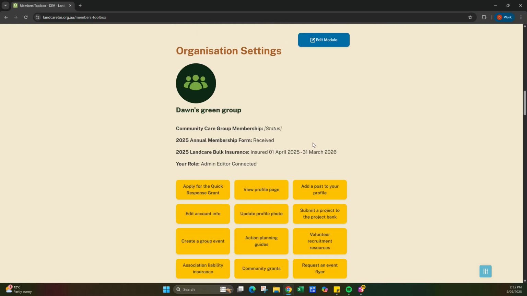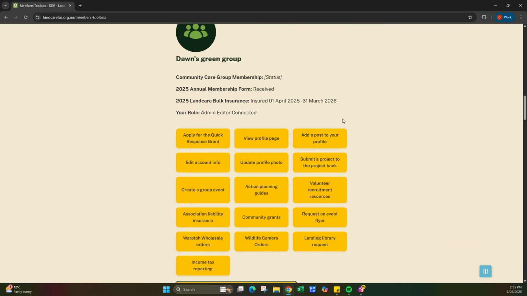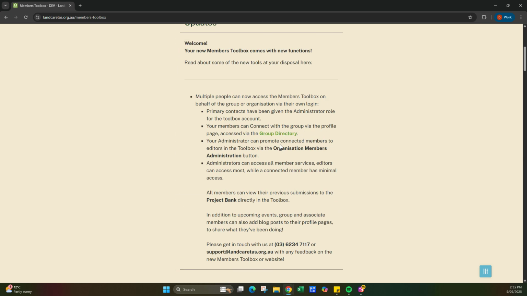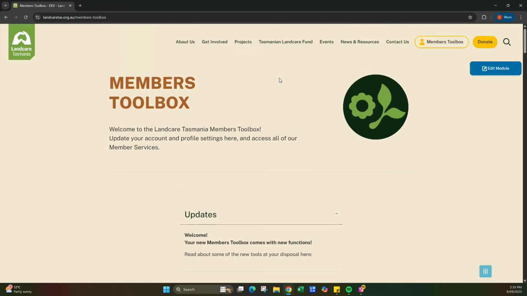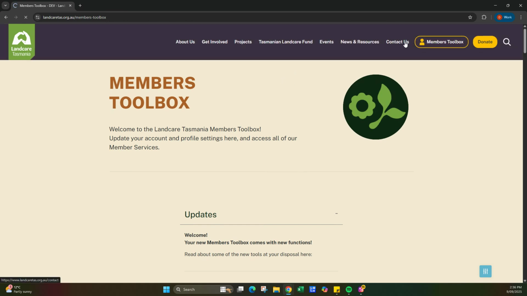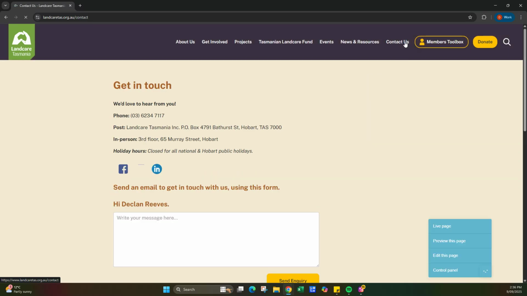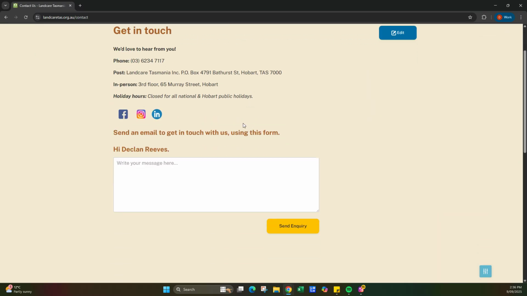So yeah, in a nutshell, that is what you can access through the members toolbox. If you would like any help with either getting connected or admin status of your group, or any other help on any member services, you can get in touch with us. We have a little contact page up here where you can give us your inquiry, or you can call us